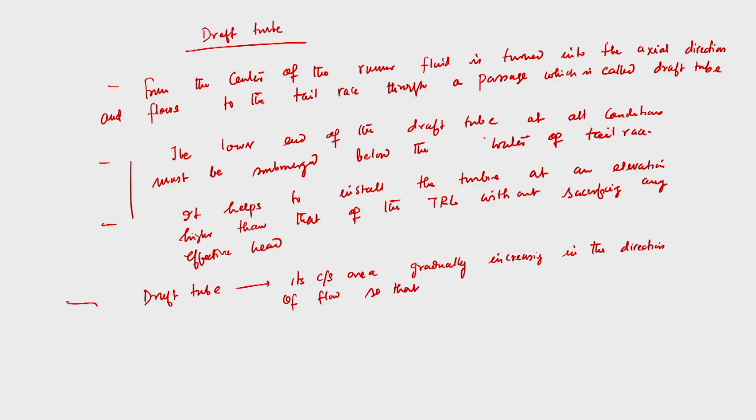So, whatever amount of kinetic head you have at the end of the turbine, you can regain that kinetic energy into an equivalent amount of pressure head. I do not know whether it is an equivalent amount of pressure head or not, but still some unutilized kinetic energy can be recovered whenever fluid is flowing through the draft tube because of its shape. So, the cross section area is gradually increasing in the direction of flow, so that the unutilized or remaining kinetic energy can be converted to pressure head, whether by an equivalent amount or not, that is very difficult to say,